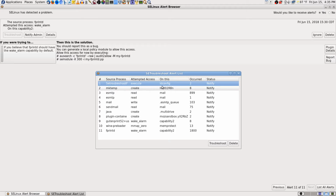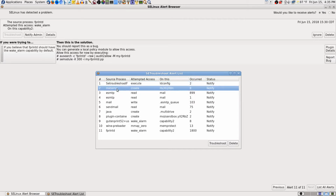Troubleshoot F, execute. Okay, so these aren't in date order. These are just in, I don't know. Well, maybe they are, but anyway, make temp 8. And see, this is the things that SELinux didn't allow because it thought it could be dangerous. Now,